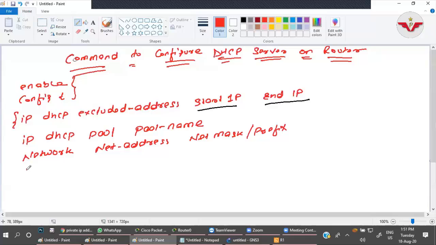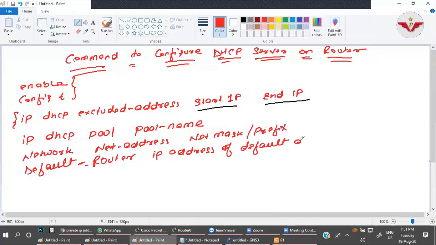Then default-router, IP address of default gateway.